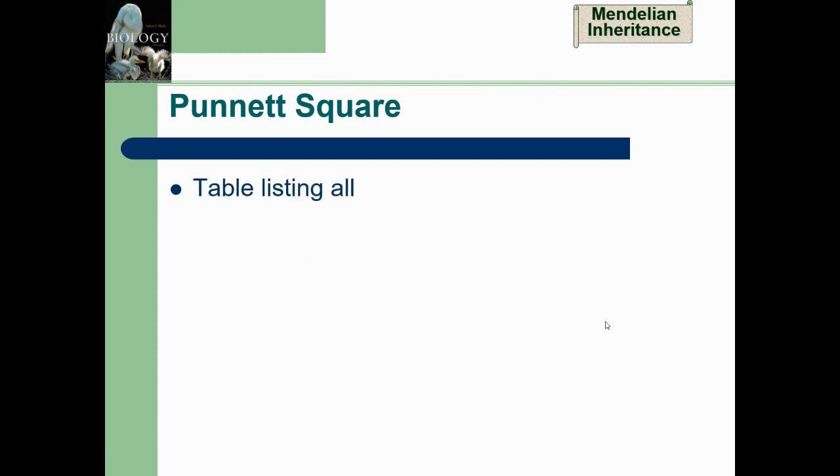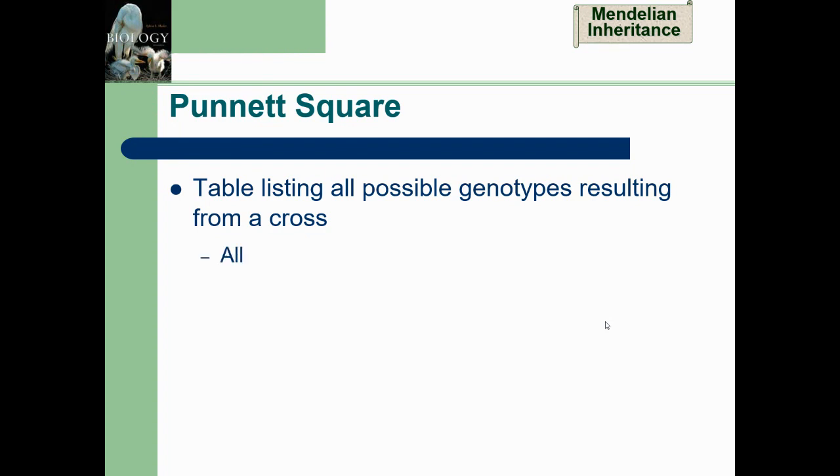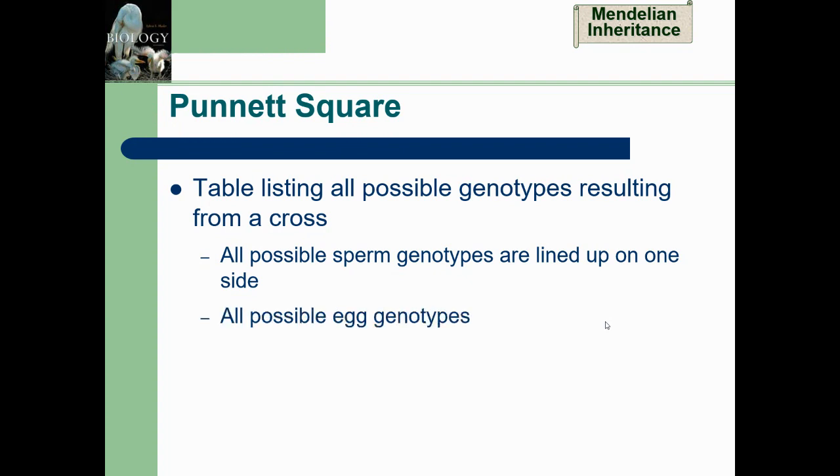So my Punnett square is a table that lists all the possible genotypes resulting from a cross. I don't know which one I'm going to get, but this tells me the odds of getting any one of them anytime I have a breeding event. So all the possible sperm genotypes are lined up on one side, let's say across the top for the columns, and all the possible egg genotypes are lined up on the other side, so down the rows